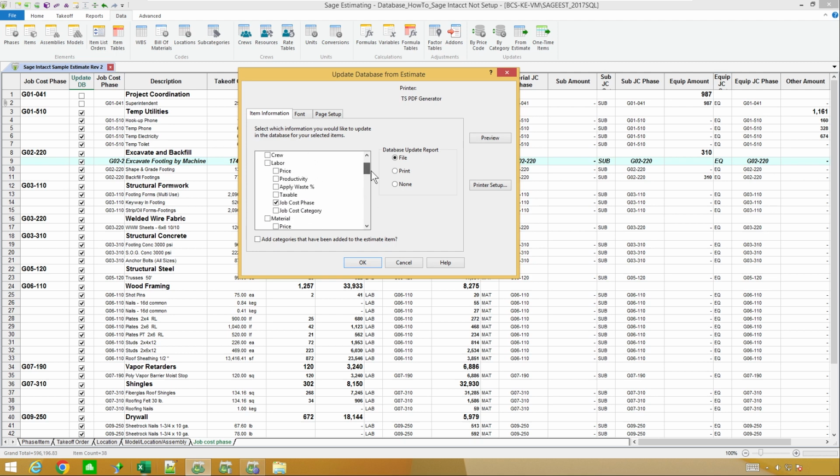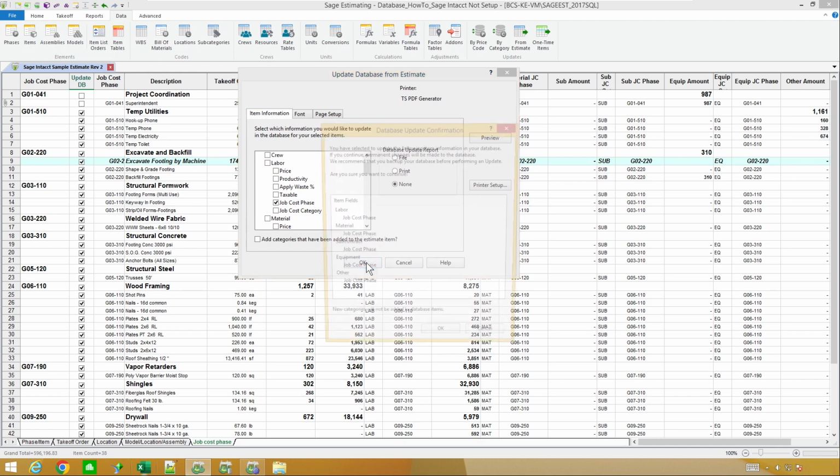Okay, there, I think I got them all. And I'm going to say I don't need a report on what it's going to do, but the report is handy because in the file, it would actually put here's the old code and the new code to show you what it actually modified. And in my case, I'm just going to go ahead and hit OK.